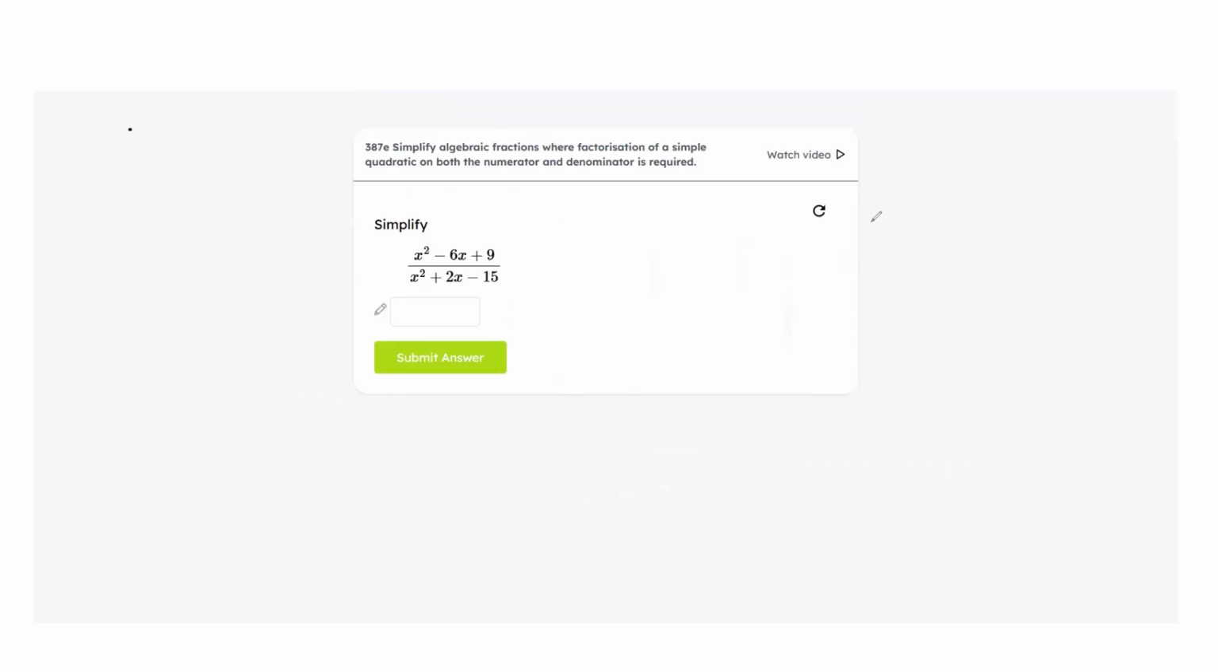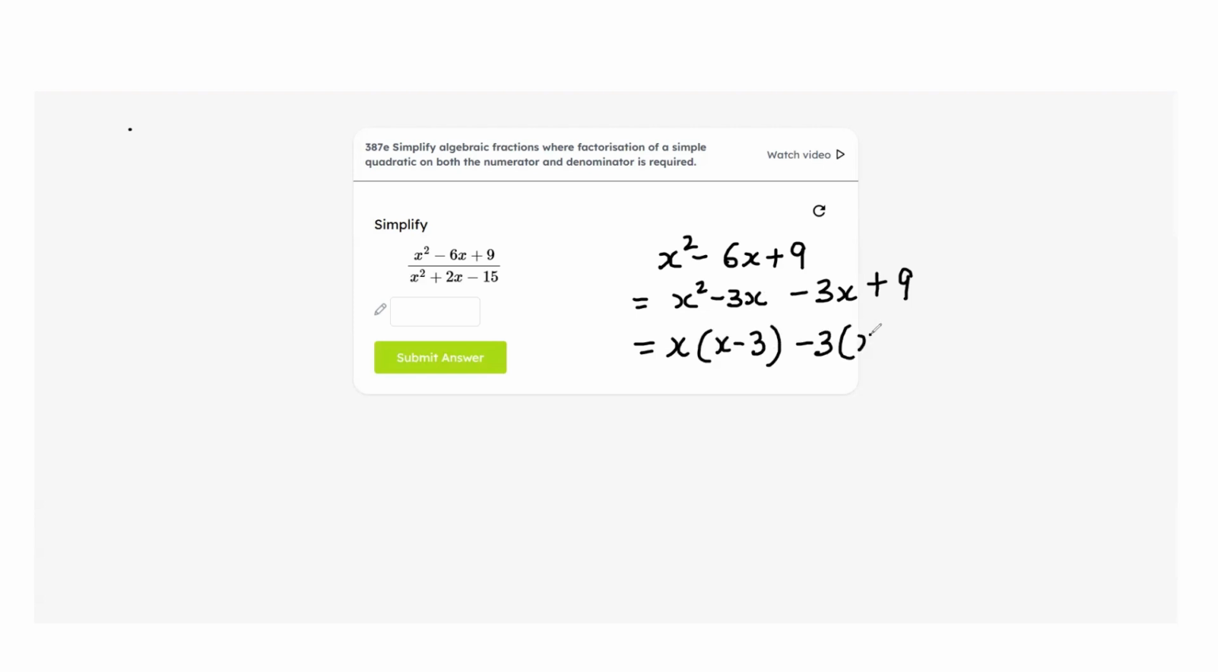Now in this expression, both the numerator as well as the denominator are quadratic expressions. So we have to make the factors of them. So the first one is x squared minus 6x plus 9. I have to split the middle term, so I'll write down minus 3x minus 3x plus 9. We can take x common. We'll get x minus 3 minus 3 into x minus 3,